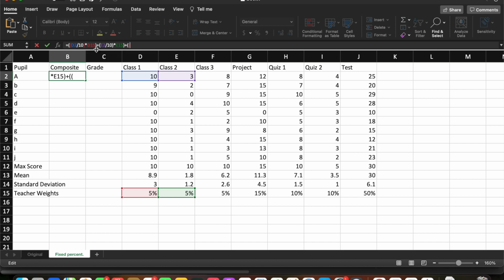Oh, I can already see a mistake I made. You need to make sure that there are 2 parentheses in here, so it will calculate correctly. So F2 out of the max score, which was 10, times the weight, which is in F15, close parentheses, plus parentheses, parentheses,